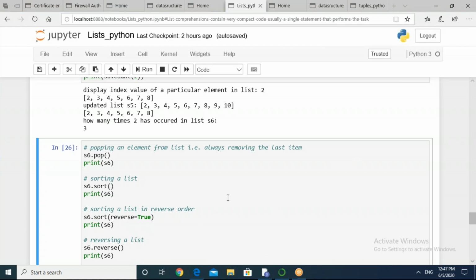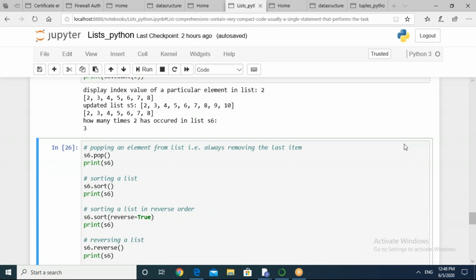So now we are moving to the next item in our agenda. Popping an element from list. Till now we have done 2 alternate ways to remove an item. So just convey in chat box, what were those? I told you earlier also, when we try to copy something or assign the thing, it refers to the same memory location. So as and when you make some changes in S5, automatically those things will be done. So you can try such examples.